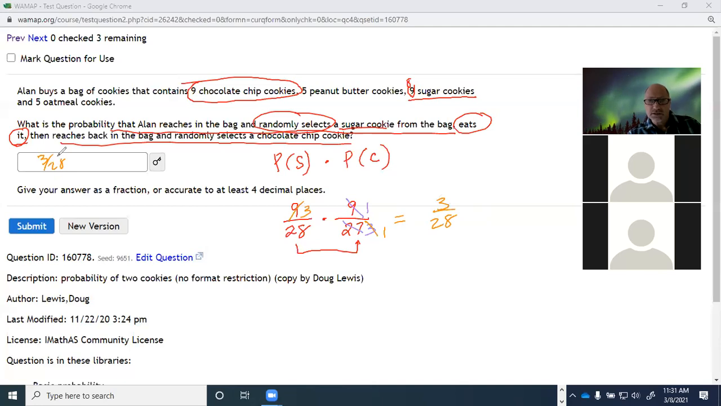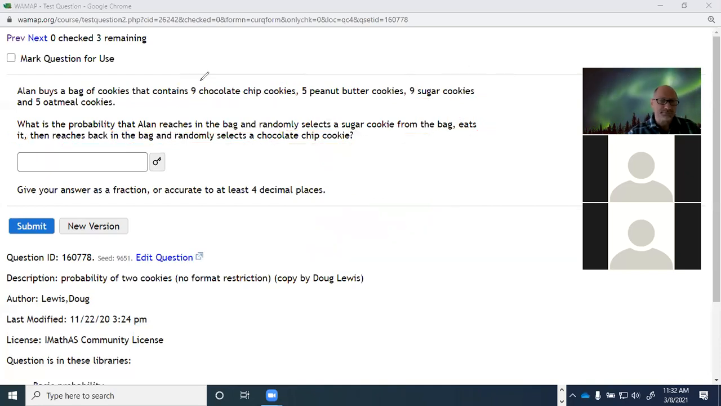Okay. So I'm going to go ahead and clear that. And notice that if he would have not eaten the cookie and put it back in, then it would have been 9 out of 28 times 9 out of 28. But since he ate it and didn't return it, there were fewer cookies. So you always want to watch out for that. Those are not completely independent. This probability changes. So I'm going to clear that, give you another